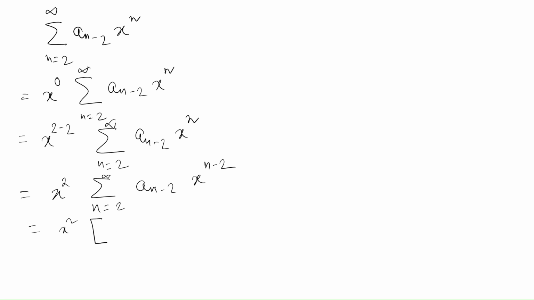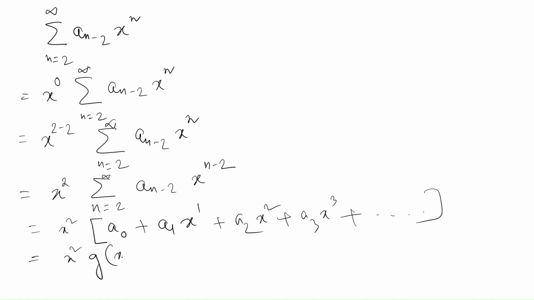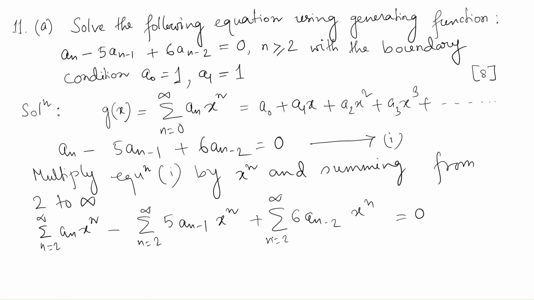Now this is the series a0 x to the power 0 plus a1 x to the power 1 plus a2 x square plus a3 x cube plus so on. This is nothing but the generating function G(x). So we can substitute the value of this term as x square G(x). Now let us substitute all of these values here. Then we will get